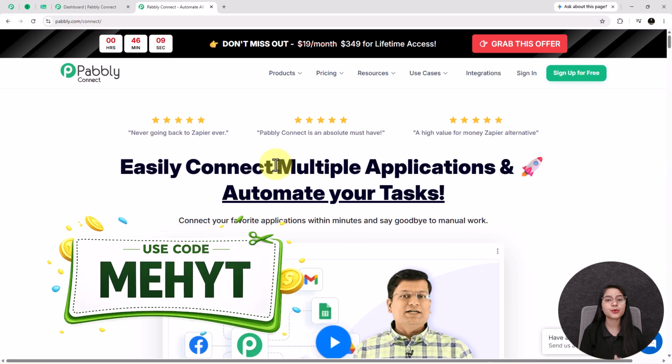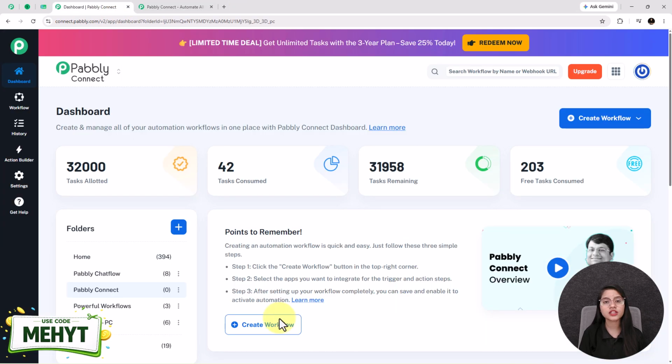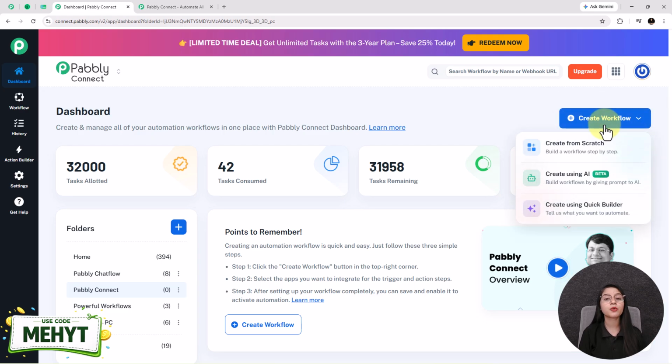After doing the sign up process and selecting the application as Pabbly Connect, you will successfully come on the dashboard of Pabbly Connect. Here you can create and manage all of your automation workflows. For creating a new workflow, you have to click on this plus create workflow button. Once you click on it, it will provide you three options, named create from scratch, create using AI, and create using Quick Builder. I am creating this workflow by using Quick Builder, so I am clicking on this option,